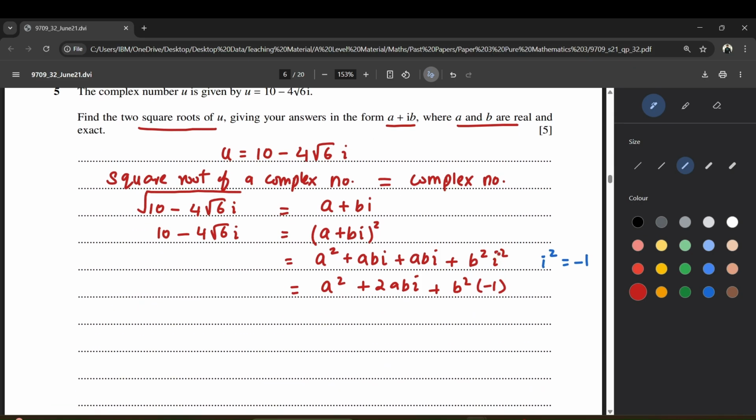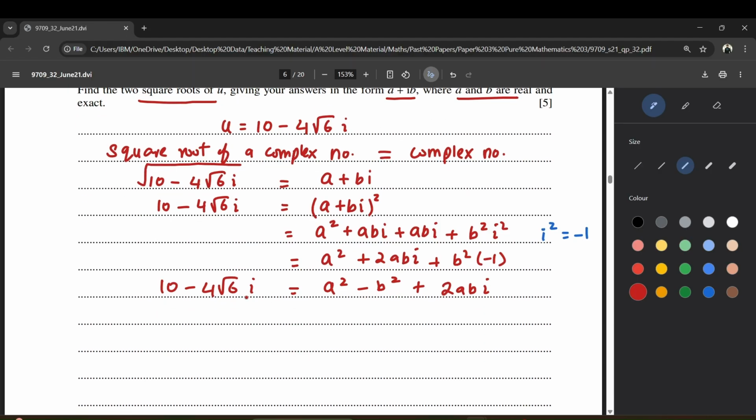Now because we knew that i squared is minus 1, right? So now this term also becomes part of the real part. So we can write the real parts in one place, and then this is the imaginary part. So let me write this down: 10 minus 4 root 6 i. Now what we can do now is compare the real parts with each other, and compare the imaginary parts with each other, and this way we will be able to obtain two equations that we can solve simultaneously. So comparing the real parts,